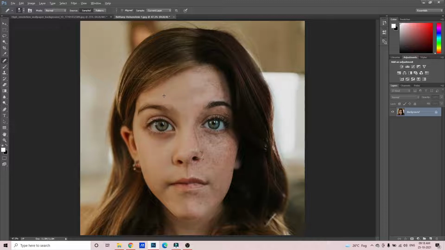So this part of the image is clear, so this is the source. Now I'll just click over here. So the source is selected. Now I'll release the Alt button and just draw over this portion. Now this is not done cleanly. If you do it cleanly, it will remove all the spots. If I select the skin tone here with Alt, and then I go over here and paint like this.